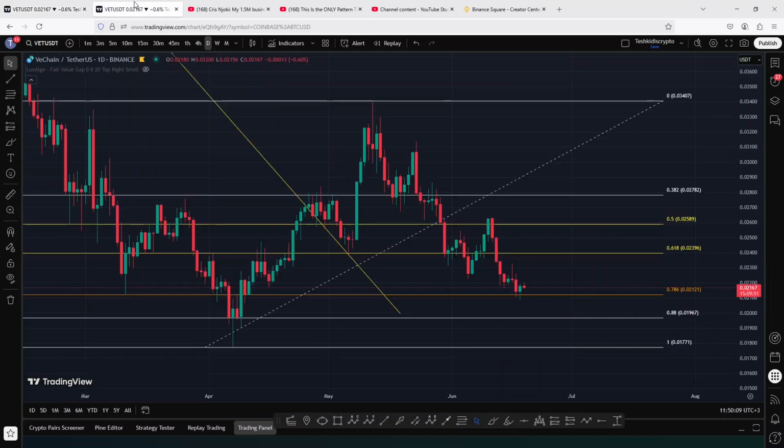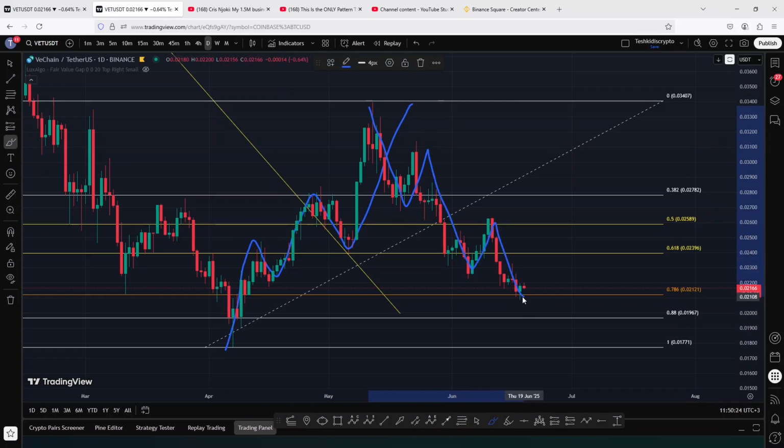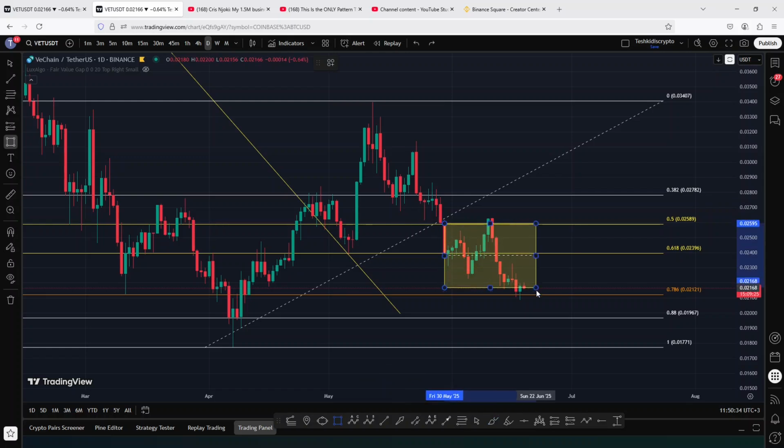And starting the video here on the daily chart, from the lows we made on the 7th of April, we saw an aggressive bounce over here in a move that gave us a high above the 0.34 mark. Then we started a pullback to the downside, and on this pullback over here, I'm watching to see whether Vechain is going to continue holding within Fibonacci key areas of support between the Fib level 0.5 and the 7.8, and